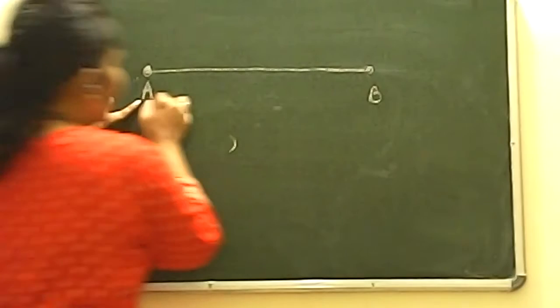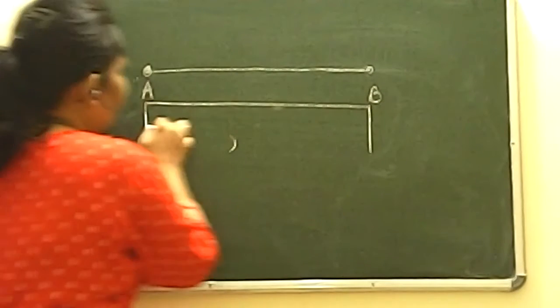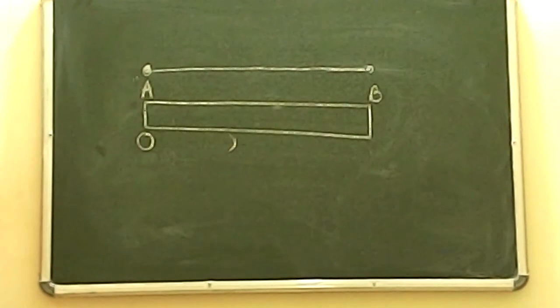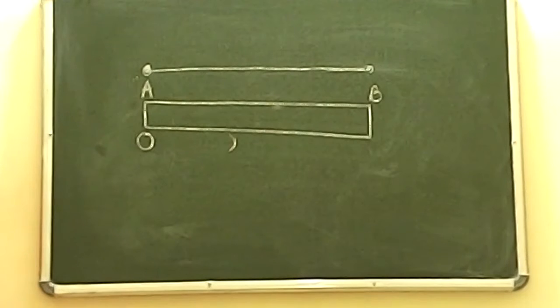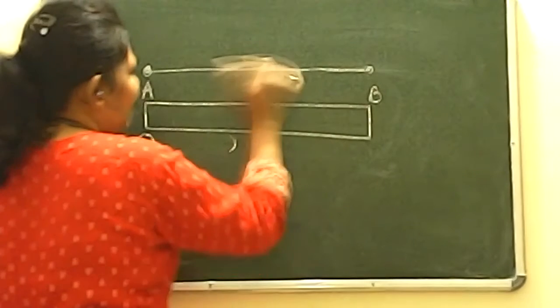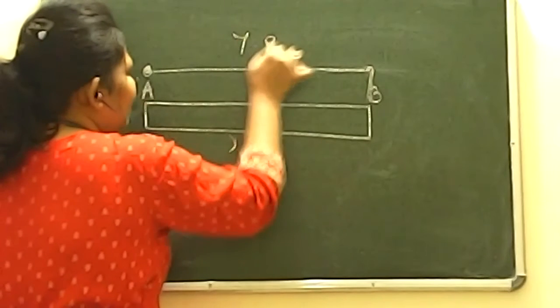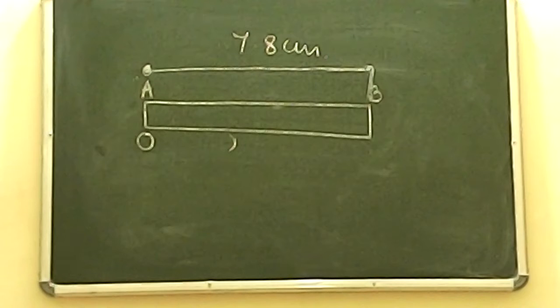And then you have to put your scale in such a way that you see till which measurement your last point goes. Okay, suppose it goes till 5.5 or 6.5 or 7.8 or 9.3 or 11.3, you have to use your scale for it, and after that you will write down the measurement of it. Suppose the last value is coming till 7.8, that means your wallet is 7.8 centimeter in length. That's all.